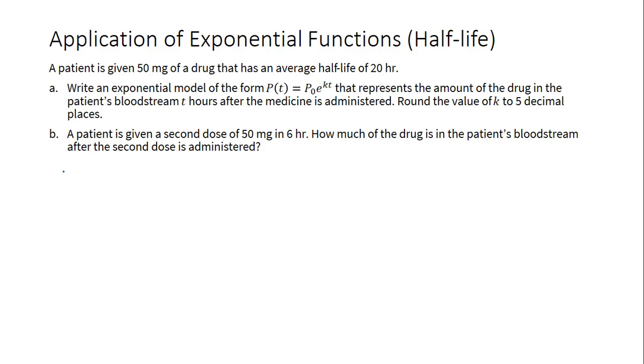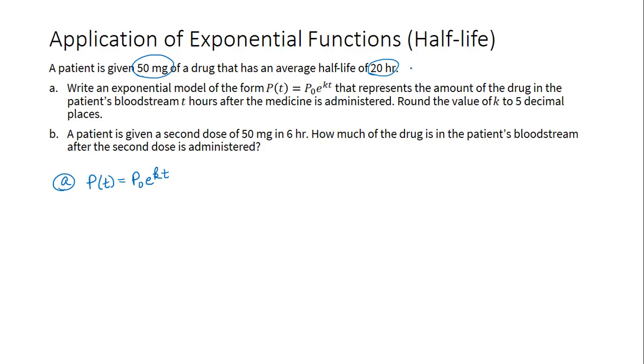So these problems are pretty cool in the sense that if I know an initial amount and I know the half-life, I can come up with an exponential model. Because remember what our formula requires, P(t) = P₀e^(kt), tells us if we know 3 of the values, we can find the 4th. Given 50 milligrams and a half-life of 20 hours, we actually know 3 of the values, even though 2 are